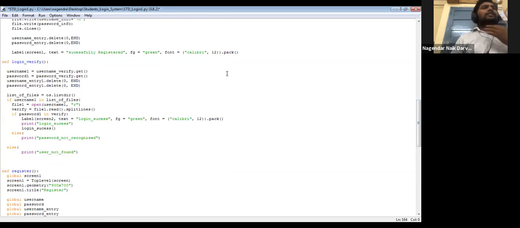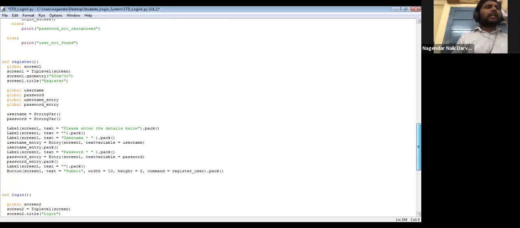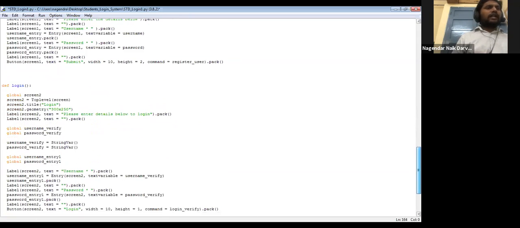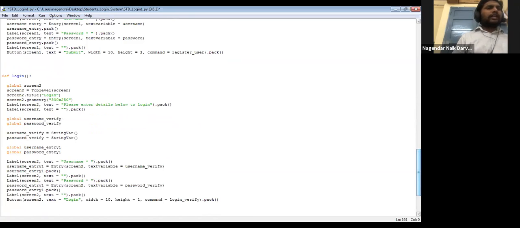So login means what? Here in login we are defining how the entries are made, how to take them into entry, and how to compare them. Because in login also you enter the things, right? In the login window also you enter nog. I have entered nog. See, in the registration window also I used nog as my username and AB123 ABC as my password, right?